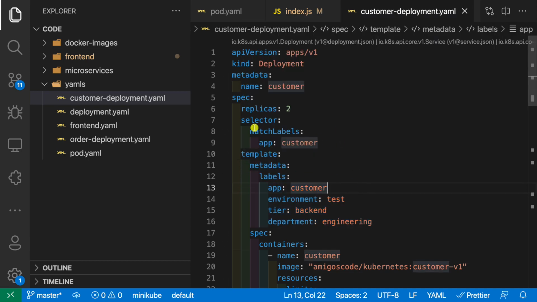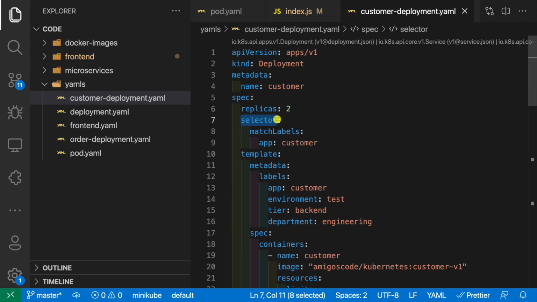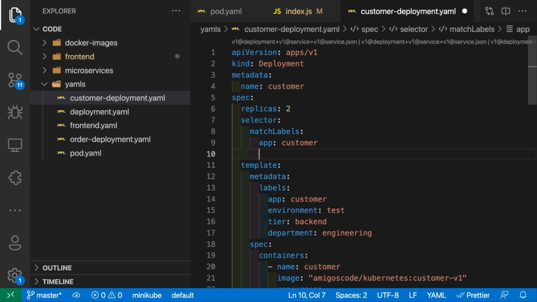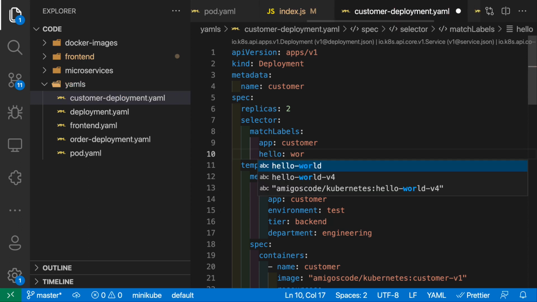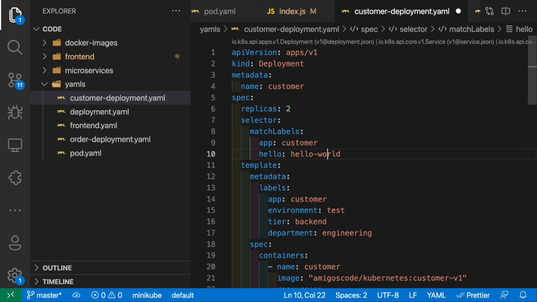And then here, have a look, we have selectors. And you've learned about selectors. So selector, then matchLabels, and then app: customer. So in here, this is all or nothing, meaning that, for example, if we have a label, hello: world, it doesn't really matter, but hello world, just like this,